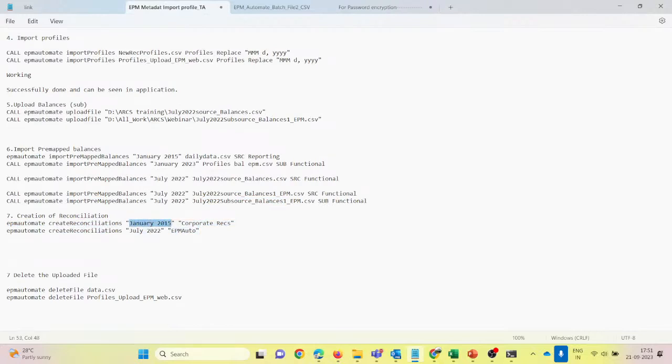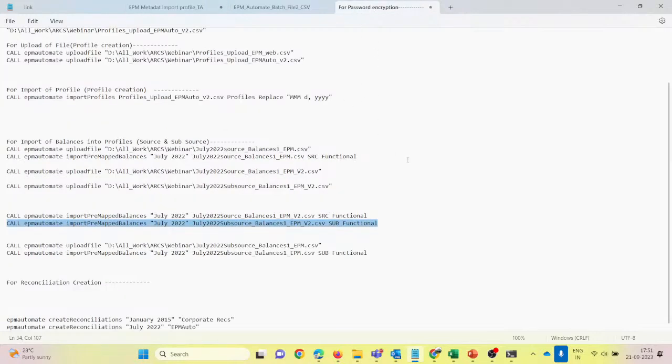We have to provide the period name, and we also have to define the filter. Under that filter we have to provide the name of the profile